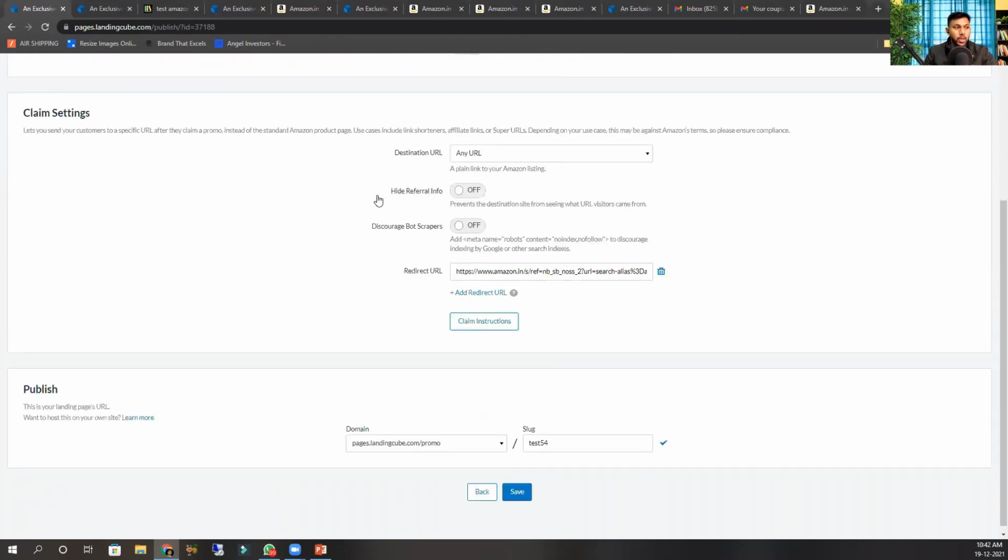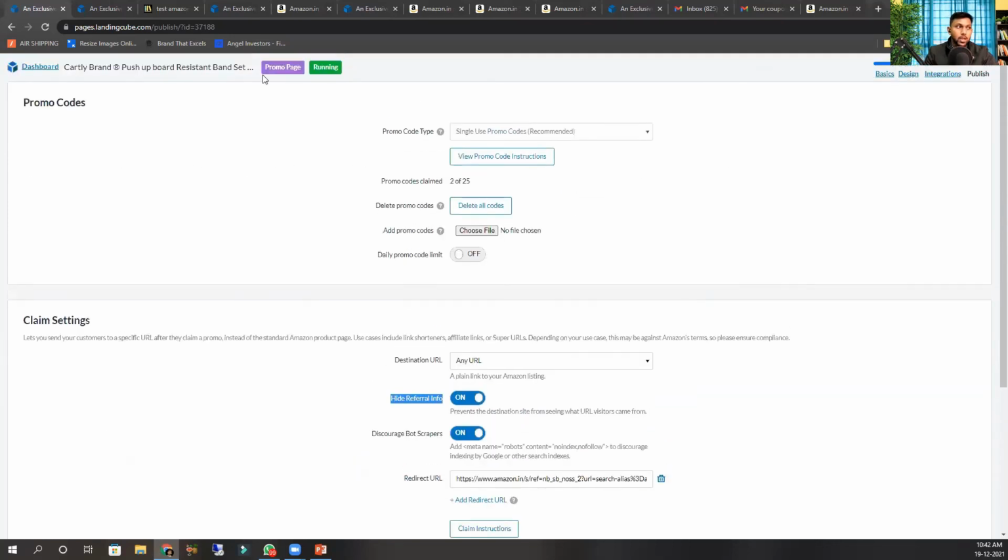Now, what we do is when we use the two-step URL, this is a two-step URL that we have used because in India, we don't have brand referral bonus. If you can drive traffic to an Amazon store where you can track how much sales you are getting, in the destination URL, you can change it. Now you can check this one and this one. What it does is it avoids any type of word string or URL string or timestamp being stuck on the URL so that Amazon doesn't know where the traffic is coming from.